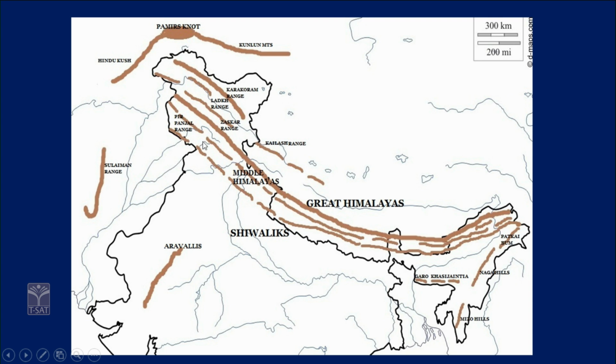Apart from these ranges, there are certain mountain ranges in the northwestern part of the Jammu and Kashmir region, like the Karakoram, Ladakh, Zaskar, and the Pir Panjals. There are certain ranges existing here, and this is known as the Pamir, which connects to different ranges in the world and is an important area for objective-type questions, located here.